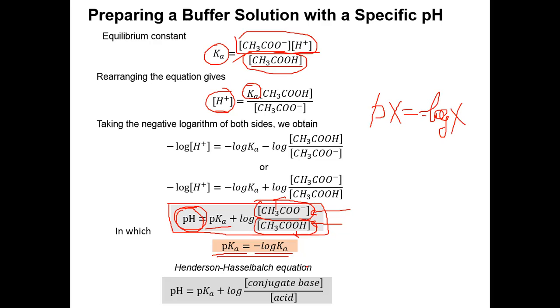In general, this is called the Henderson-Hasselbalch equation. The general expression is like this: pH equals pKa plus log of conjugate base over conjugate acid. Okay, do you guys understand? For example, this is the conjugate